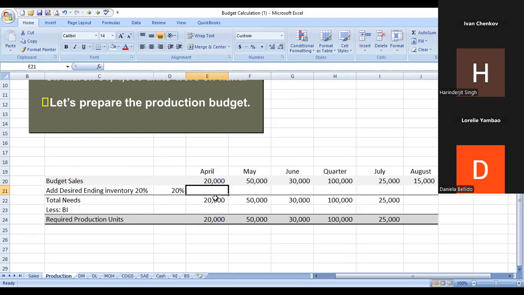So what we're going to do, we're going to add the 20% from the May that we want to have in April. So at the end of the April, we want to end up with 10% of the sales for May. So we're going to incorporate that number. So 50,000 times 20%. So we want to have 10,000 more. So in total,